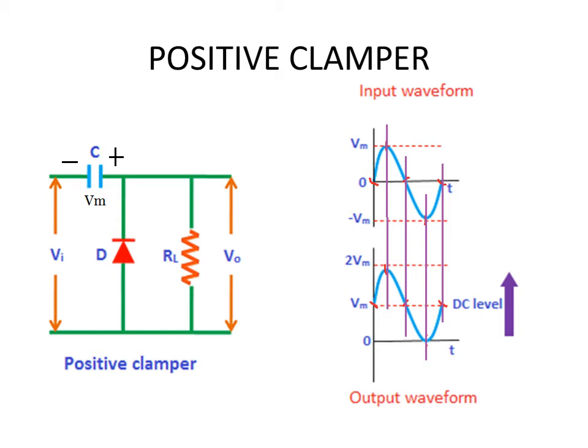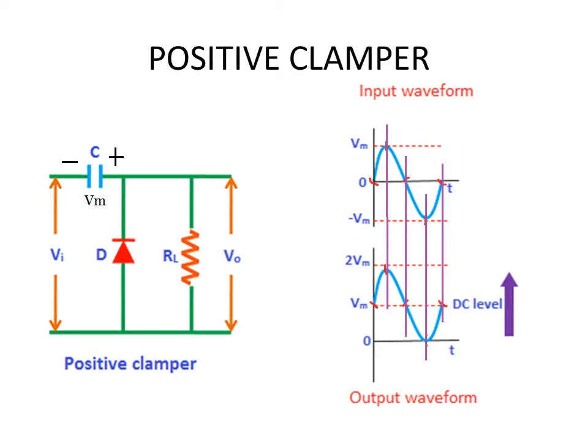Now I'll just explain how this will work. Whenever the diode is forward biased, that means during the negative half cycle, the diode will conduct current through the capacitor. The current will be flowing in the counterclockwise direction. Therefore, the right plate of the capacitor will be positive and the left plate will be negative. And when the capacitor is fully charged, it will acquire a potential equal to Vm, which is the maximum possible voltage available from the input sine wave. Thereafter this capacitor will act like a battery of voltage Vm.